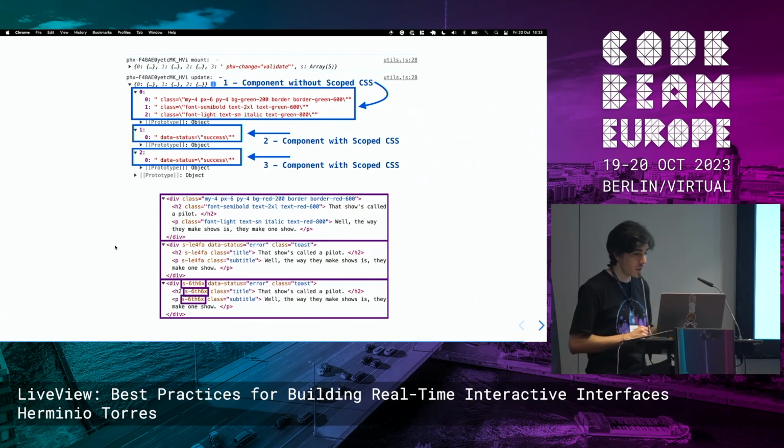And looking at the DOM and the div, as you can see here, this on top is where I'm using LiveView and these two down here are when I'm using scoped CSS with Surface. I just need to send a new status. So if it changes to warning or error, this is the only thing I send to the client. So these two